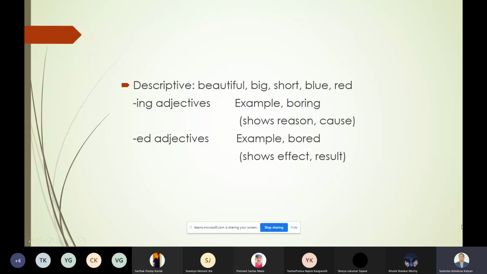So we need to keep it in mind that whenever we find verbs which are added by ing and ed, they are also considered as adjectives, which are trying to describe the noun and the pronoun. Okay,